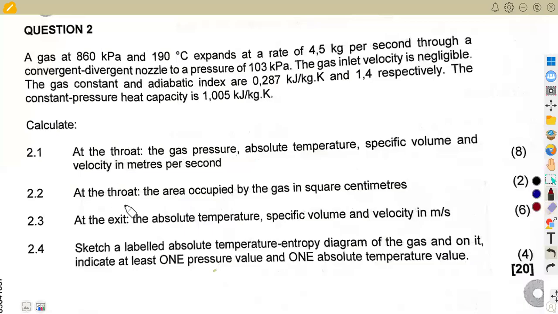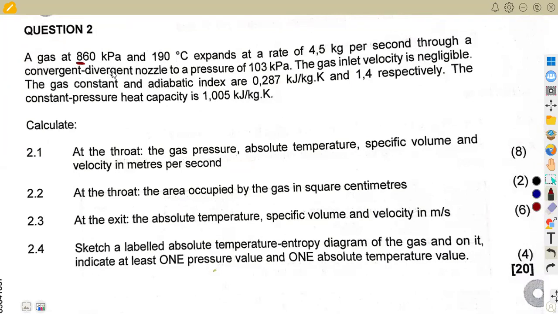All right, guys. This time we've got another question on the nozzles, and this is given as a part that is taking in gas. Remember, I said we can have a condition whereby we are working with the steam, or we can have a condition where we are working with the gas. So there we are given on question number 2 of the August 2023 exam, a gas of